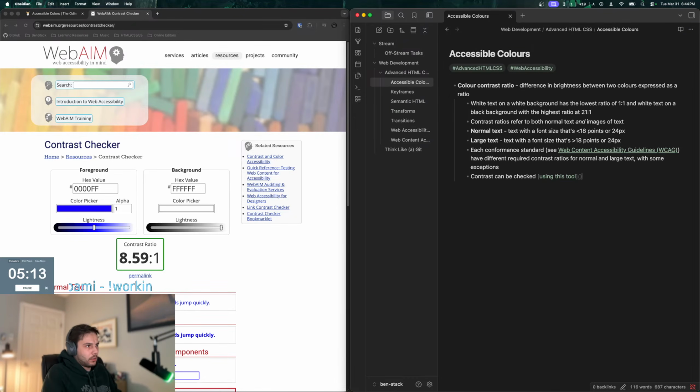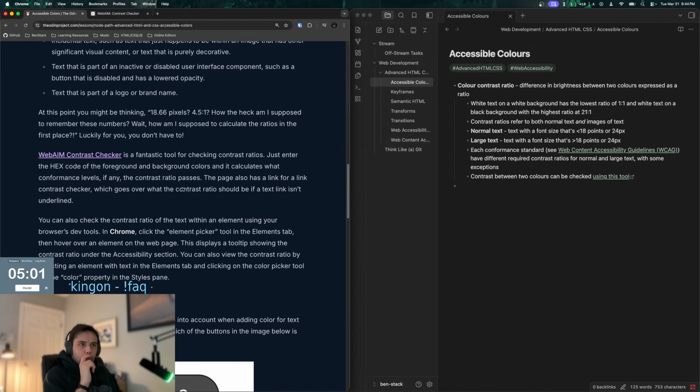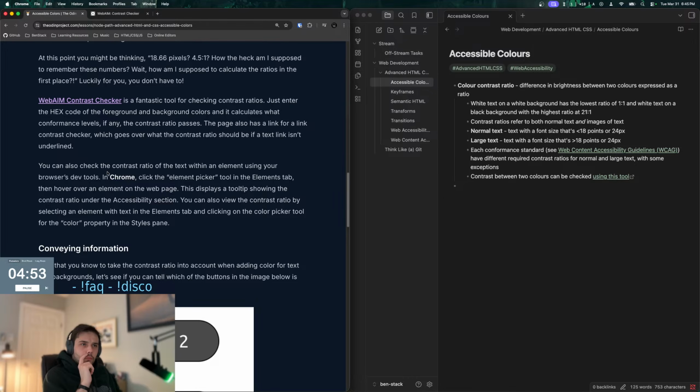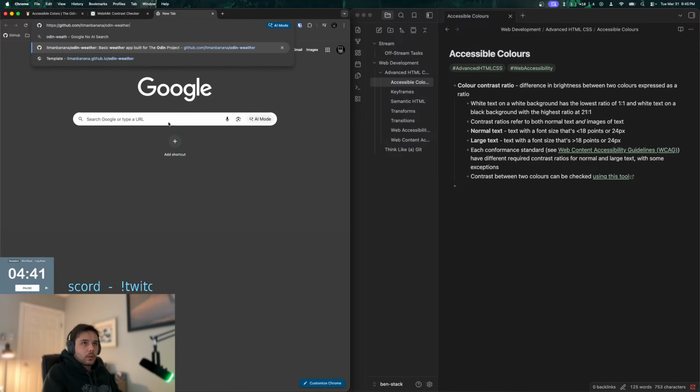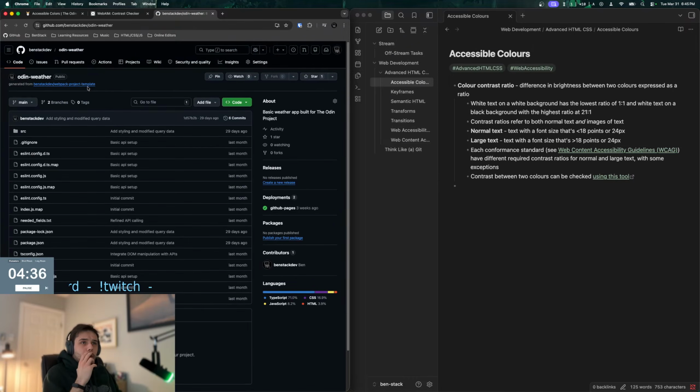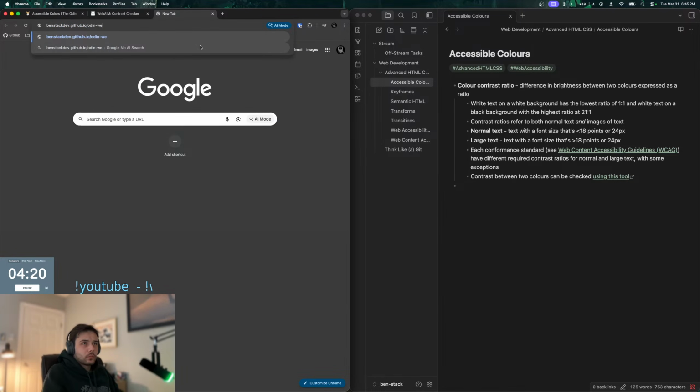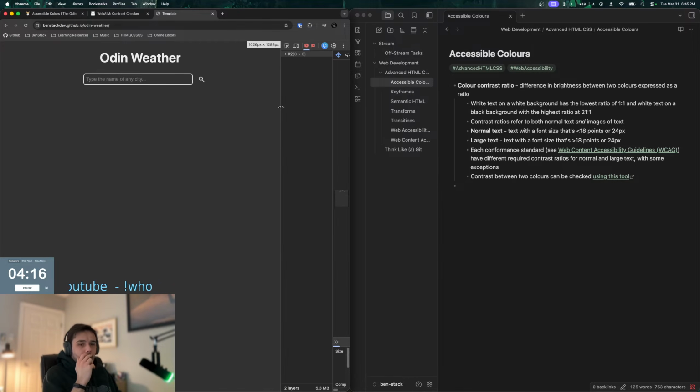Yeah, this is what I really like about Obsidian. It's the linking. Interesting. So if I go to my weather app,